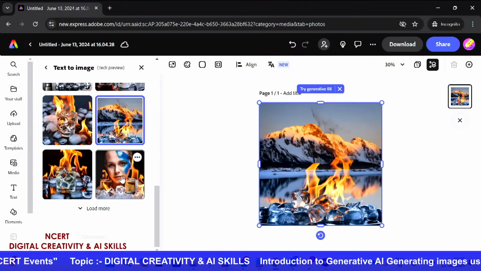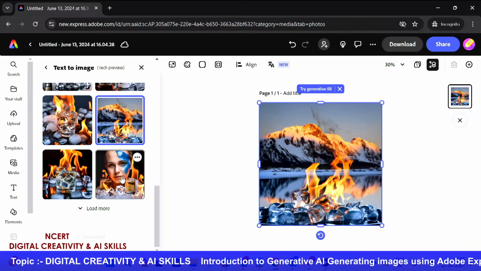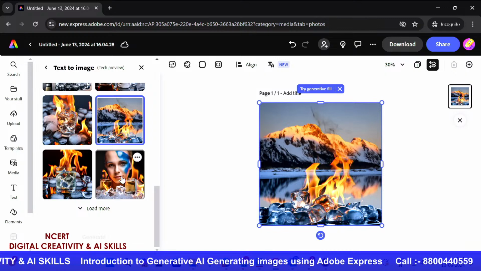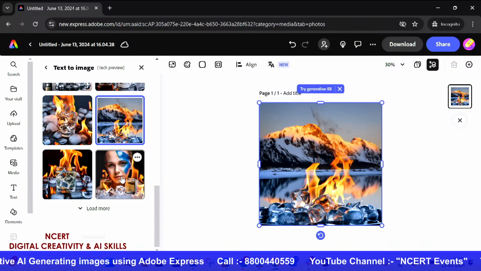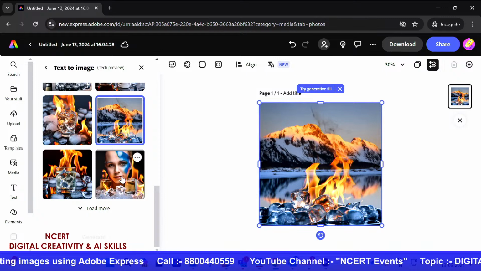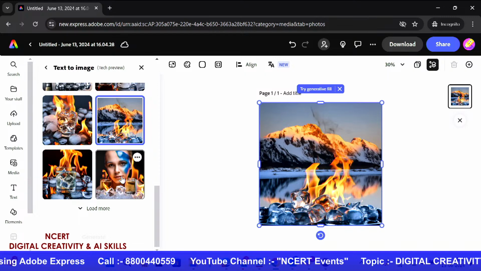And if you keep it really, really simple as we just did, we would get images, as you can see, that are very distorted and not very sharp like you might have imagined in your head. When we imagine fire and ice, we imagine both of them as separate components. Yes, so that's how it appears. Of course, you can also try out different keywords. It is quite interesting to note the kind of modifications that we can make to these text prompts and the kind of images that are generated by them. So Jasmeet ma'am, I am sure there are other features also added to Adobe Express. Please share them with us.